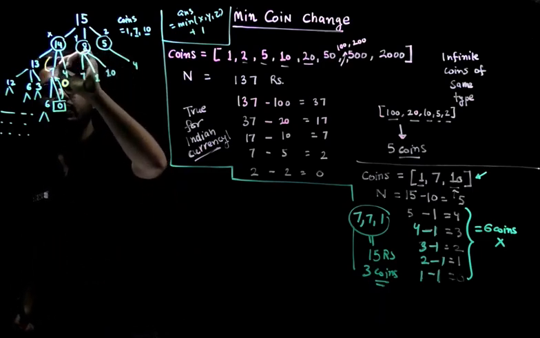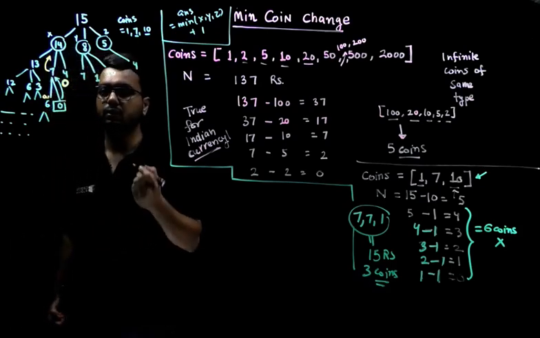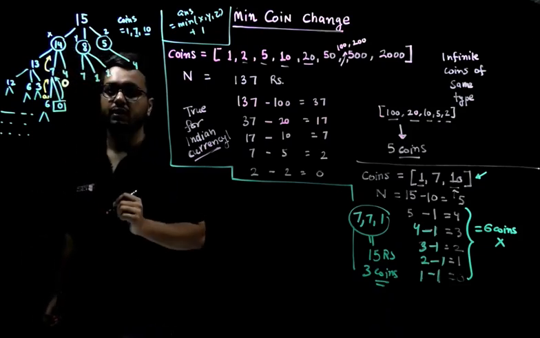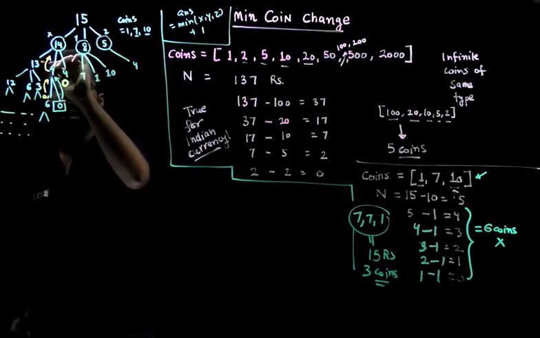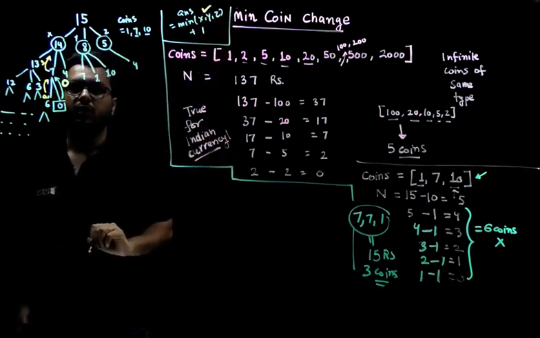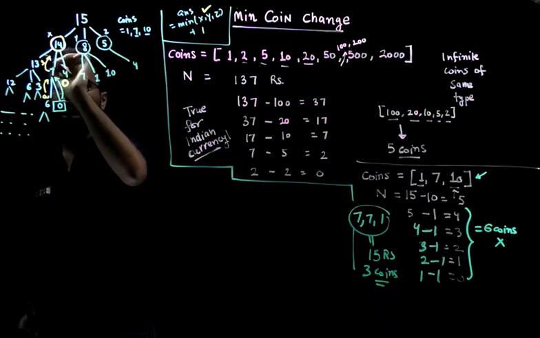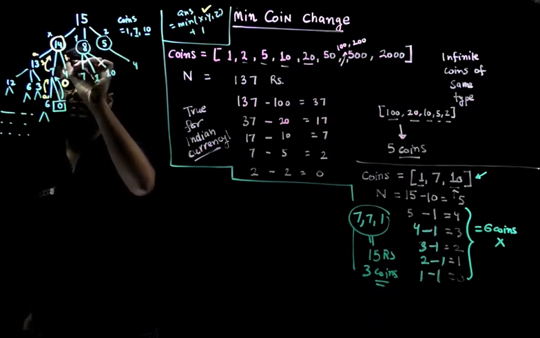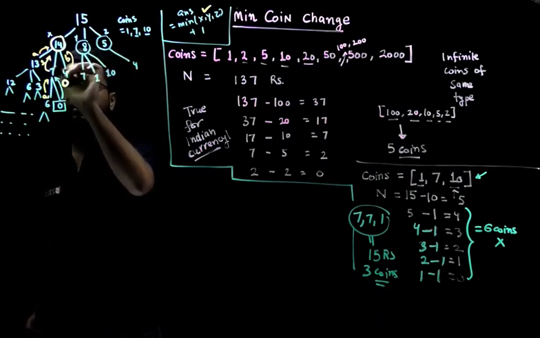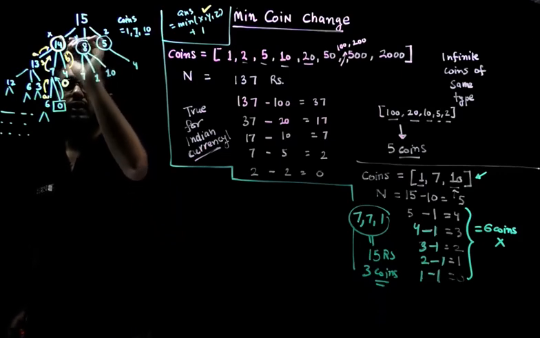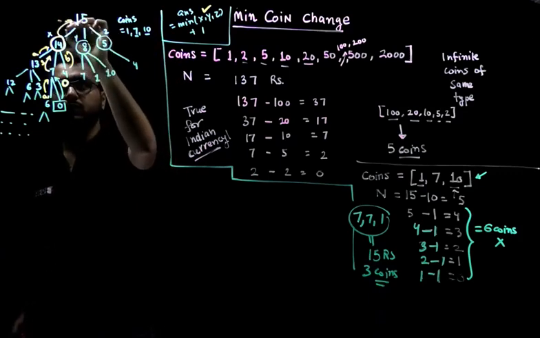And from 7 I can say, okay, I came to know this is some answer A, this is some answer 0, and I know the answer is going to be the minimum of these two, which is 0, okay, and this is going to return a 1, right, using this formula. And since we are at 14, we know the X is going to be the minimum of this value. Let's say this is some A, this is 1, this is some B. So minimum of A, 1 and B, and I am assuming this is the minimum, so the minimum is going to be 1, so X is going to be minimum of these 3 plus 1, which is going to be 2, right?